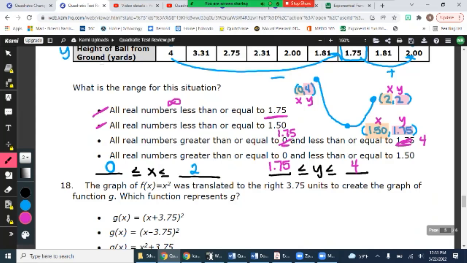If you have an infinity on one side, meaning there's no title on the graph, or there's no title on the table, then your answer will look like this, okay? All right,